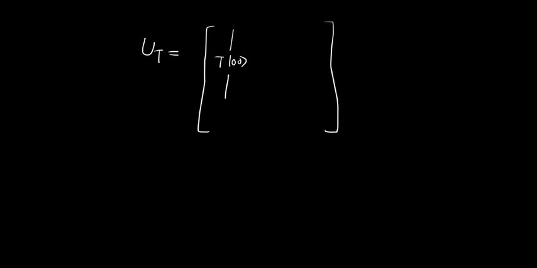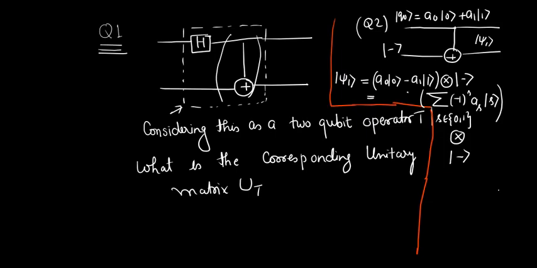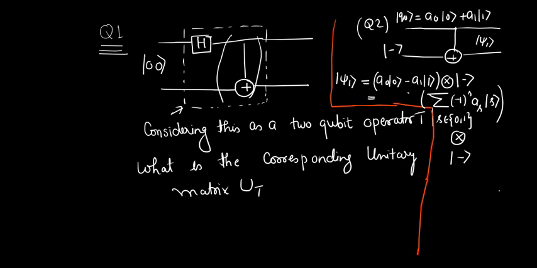So the logic is that you need to write T operating over 00 in the form of a vector, T operating over 01 in the form of a vector, T 10 and T 11, right? This is what you need to do. So first you need to see what this circuit would do when we apply 00, right? What would happen? If you input 00, the first branch will be